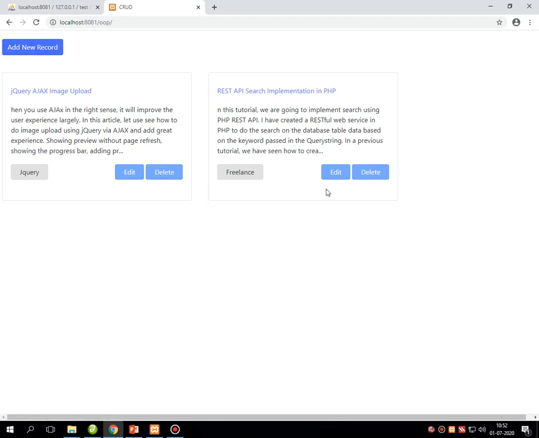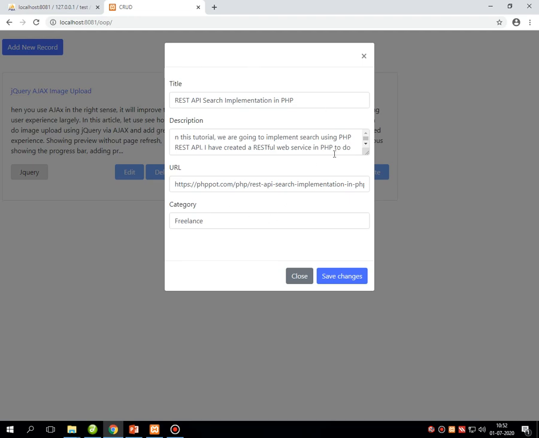Now suppose I am editing an existing section of this program. By clicking on edit, it returns this type of menu on the screen where it shows the title, description, URL and the category. We will see how to implement it practically. Say for example, suppose I am writing content management system using WordPress. This is my title, and as a description, suppose I am giving a description like,